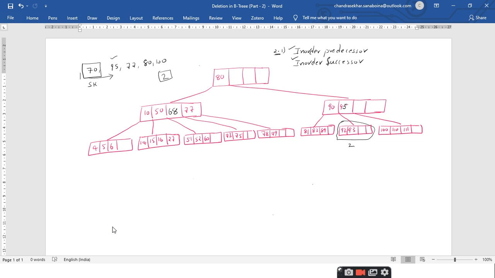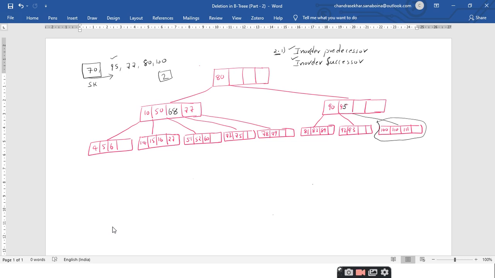So what do you mean by in-order successor? Right side. So when we want to find the in-order successor, you have to go towards its right hand side. So this is the right hand side node I have, right? But when you are finding the in-order successor, you have to choose the lowest element from the right hand side. So what is the lowest element in the right hand side? 100, sir. 100. Therefore you have to replace 95 with 100.